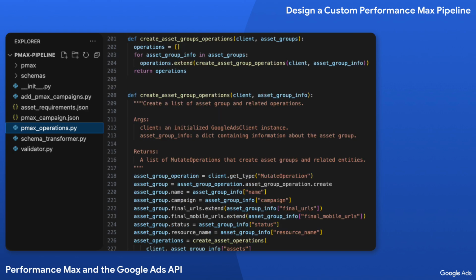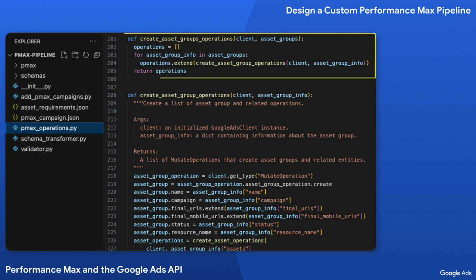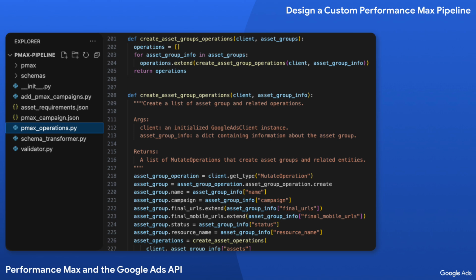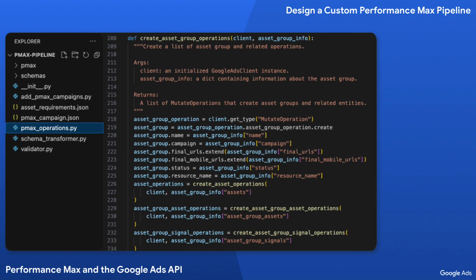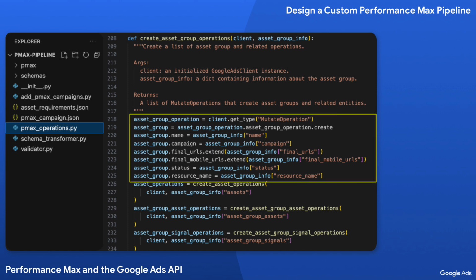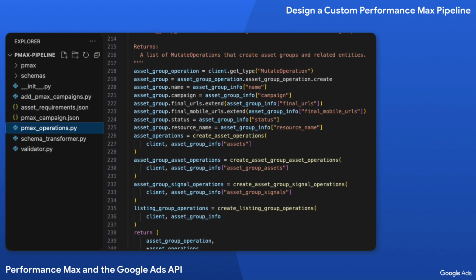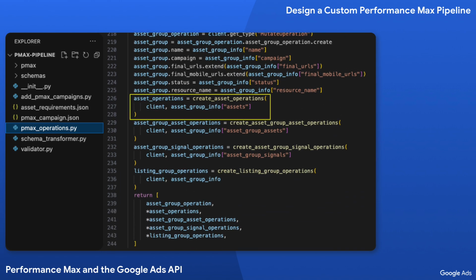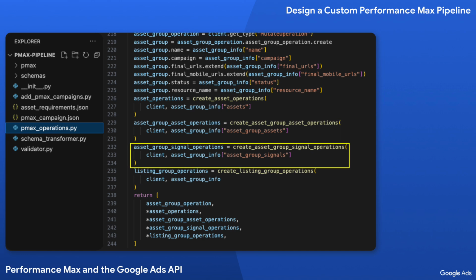Finally, let's look at the method that creates all of the asset group and related operations. This parent method simply loops through each asset group and adds the operations for each one to a list that we'll return. The method to create the operations for an individual asset group is also fairly straightforward. We create a mutate operation for the asset group operation by setting the fields from our schema. Then we'll create operations for each of our assets, asset group assets, and asset group signals, and then return the